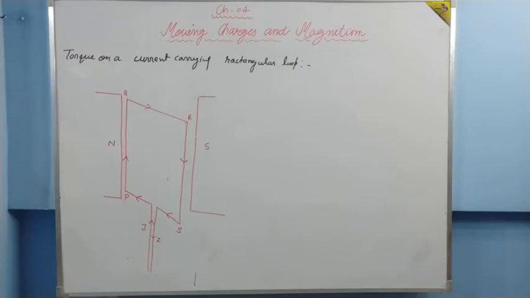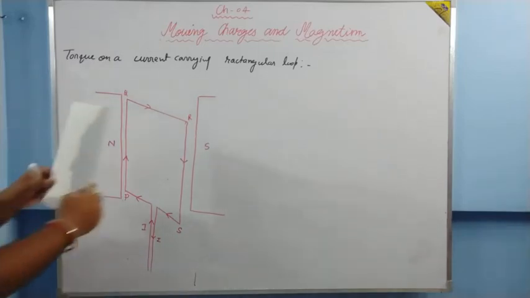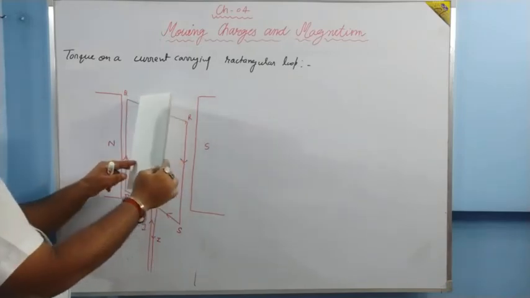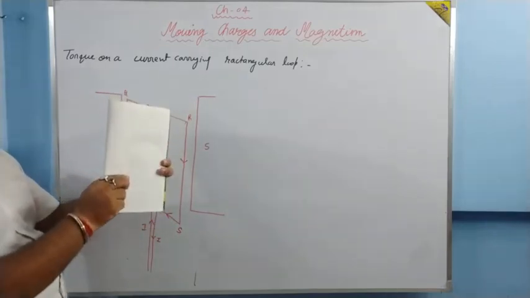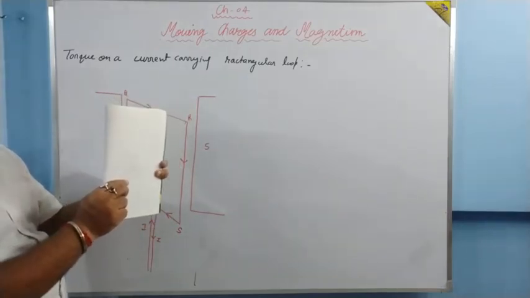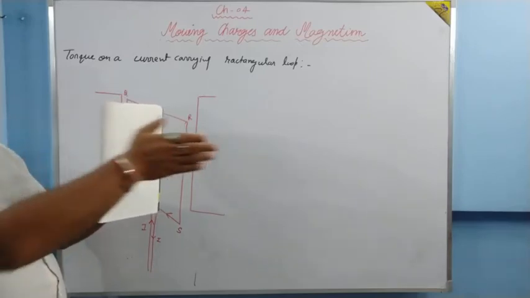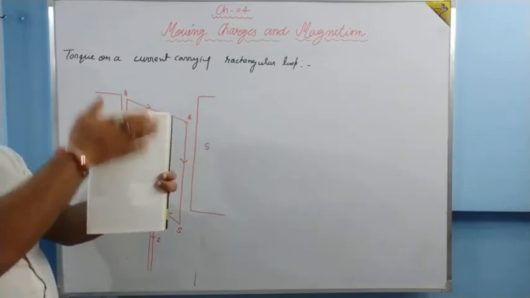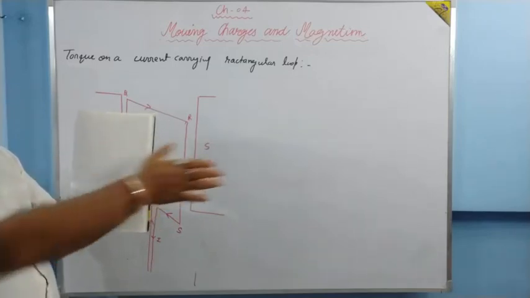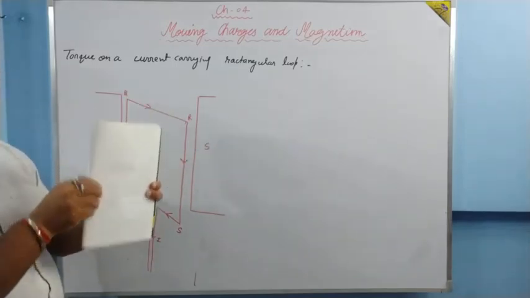For better understanding, let me tell you, the rectangular coil is not placed straight; it is kept a bit tilted, and we can see it from there. I'll let it be like this, a bit tilted. It is not straight. Are you able to understand? Magnetic field is in the straight line, but this coil is not straight, meaning its plane is not parallel to the magnetic field. Actually it is a bit tilted, right?